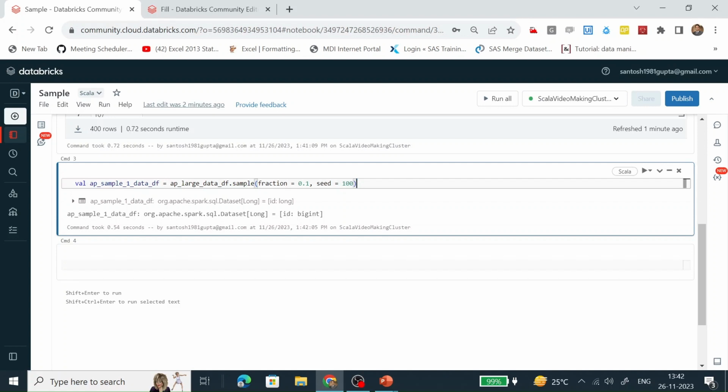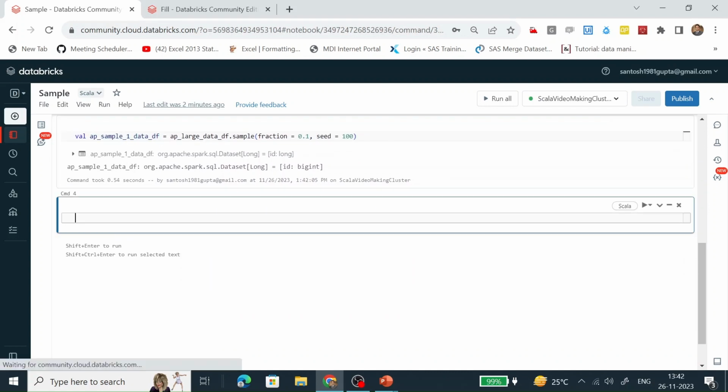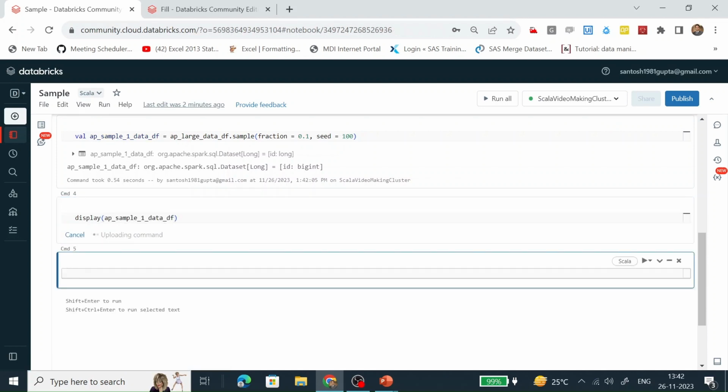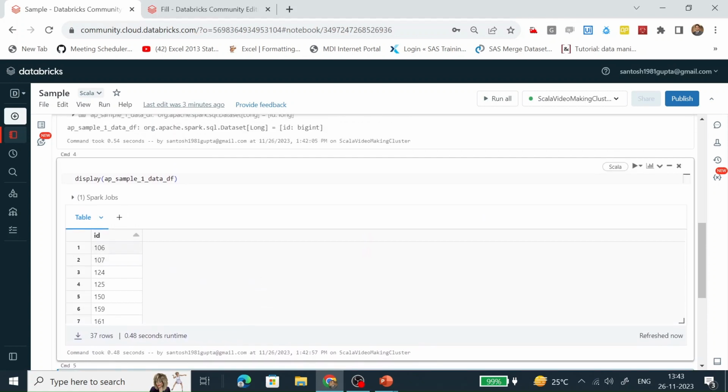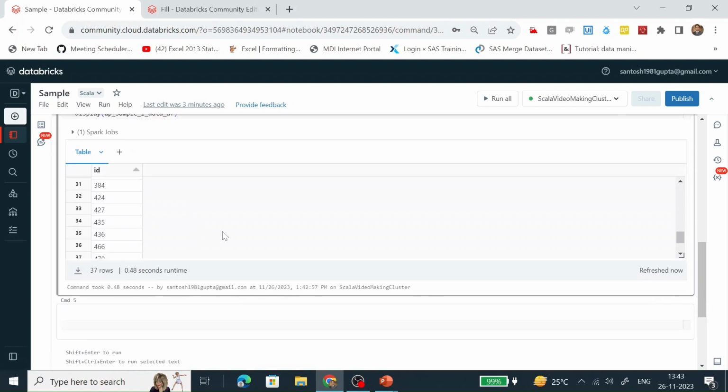So each and every time I run this command to get this data frame as a sample, the same records will be available. We'll see in practical. This data frame has been created successfully. Let's see the content. We can see there are 37 rows. It starts from 101 and ends at 499, right?